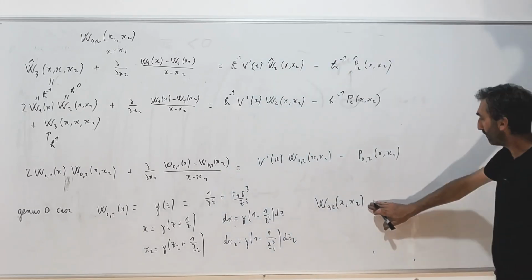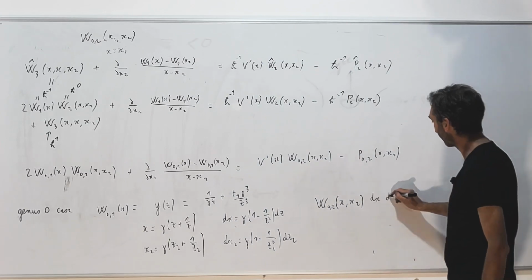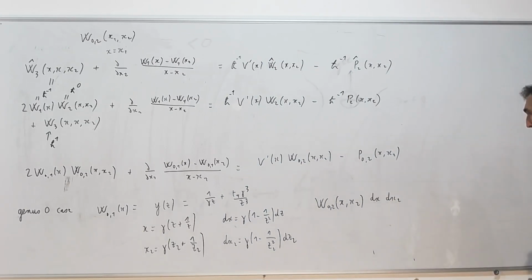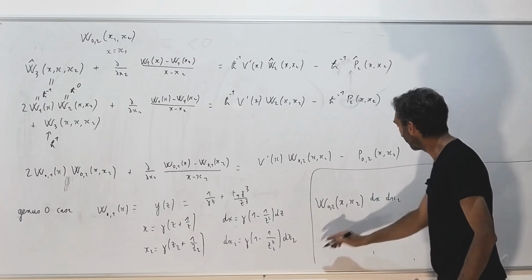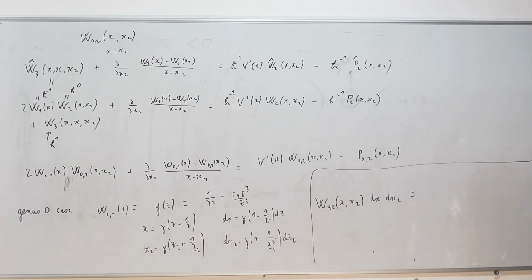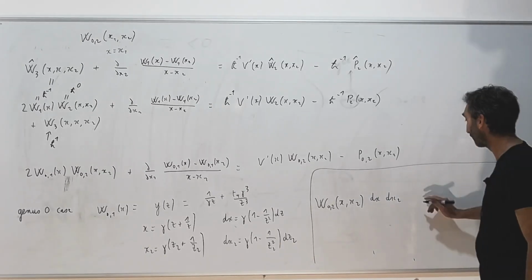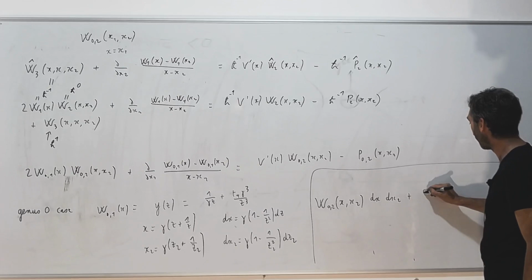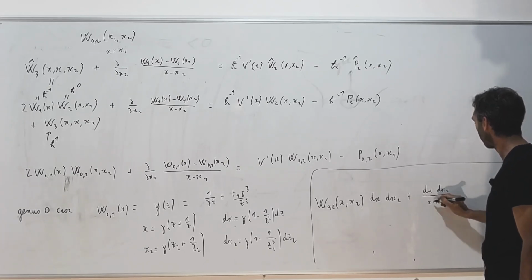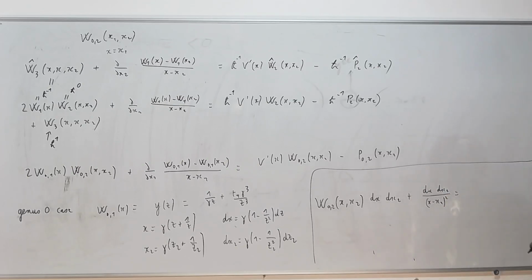So let me multiply by dx and by dx2 and rewrite everything in the z variables. So let's write everything in the z variables. And before that, I also would like to add plus dx, dx2 over x minus x2 to the square. So in the z variable, you guess that there will be a double pole at z equals z2, because I did add this